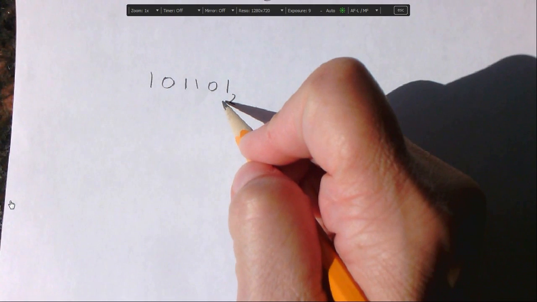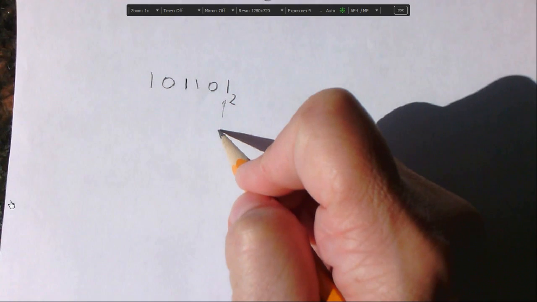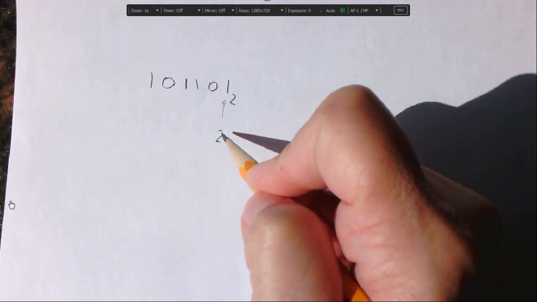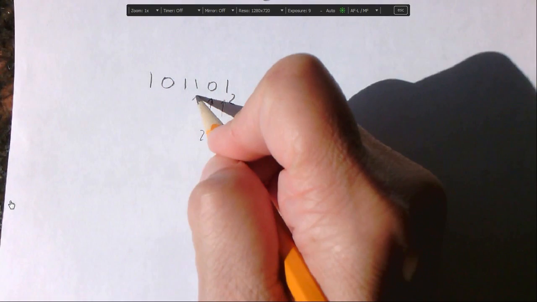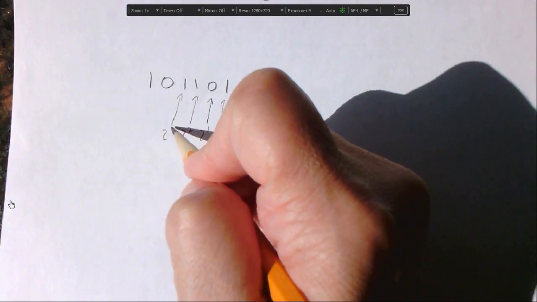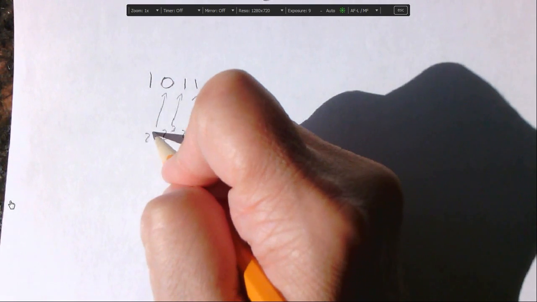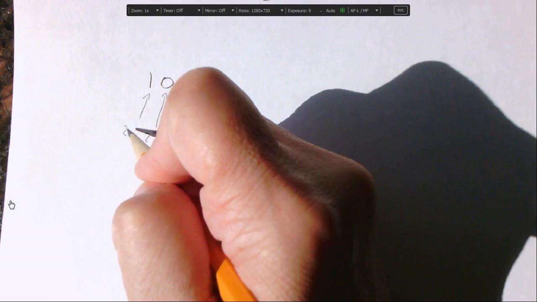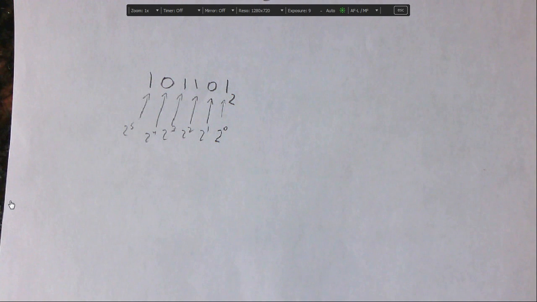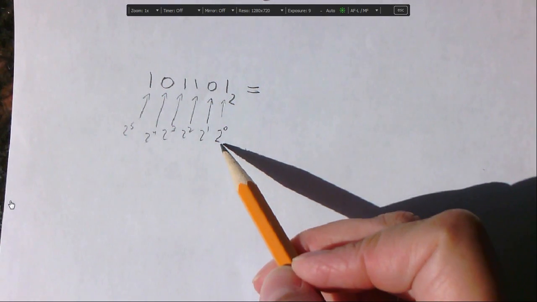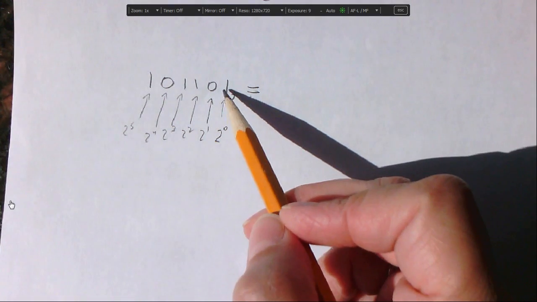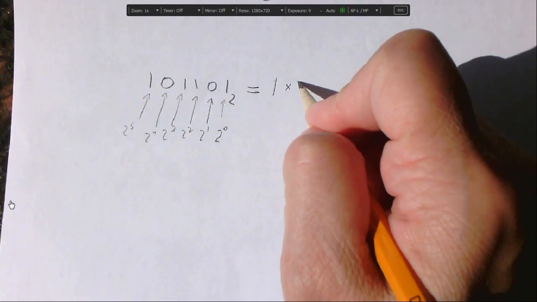So we have to remember that each one of these digits represents a power of 2. This one over here represents 2 to the 0, and that one is 2 to the 1, 2 to the 2, 2 to the 3, 2 to the 4, and 2 to the 5. So altogether, if we were to expand out this number, what the digits mean, we would have 1 times 2 to the 0